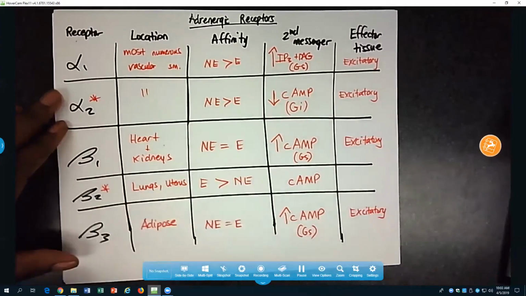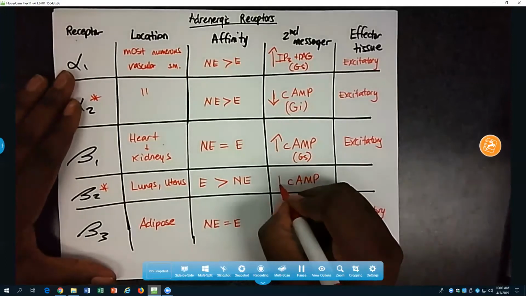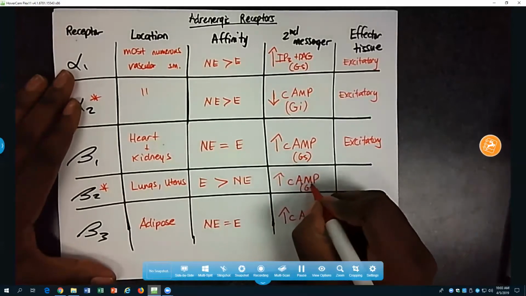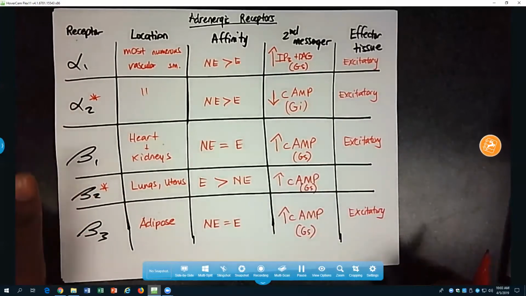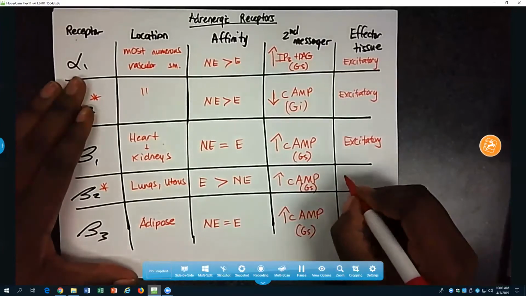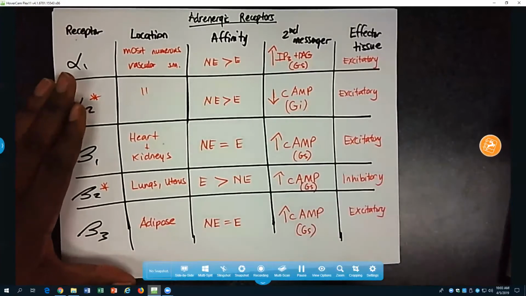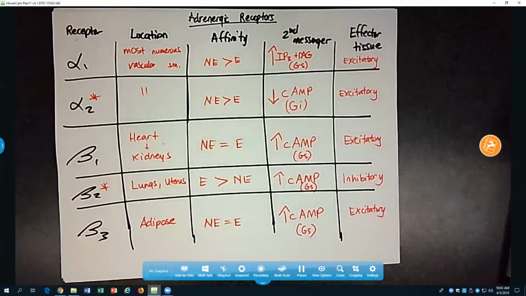Beta-2 is that second sort of unicorn. Although it is increasing its cyclic AMP messenger, what is the effect on the tissue? Inhibitory. And the example I like to give is in the lungs. When we increase the cyclic AMP of the smooth muscle in the respiratory airway, that actually causes that smooth muscle to constrict on itself,